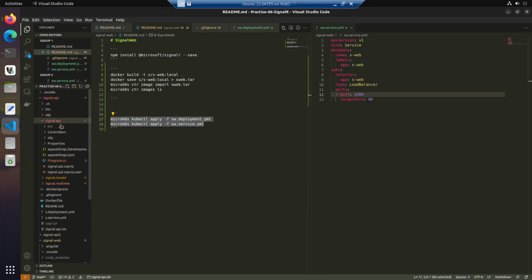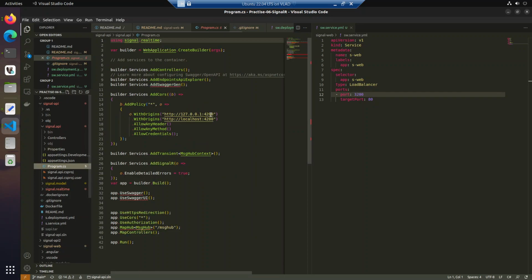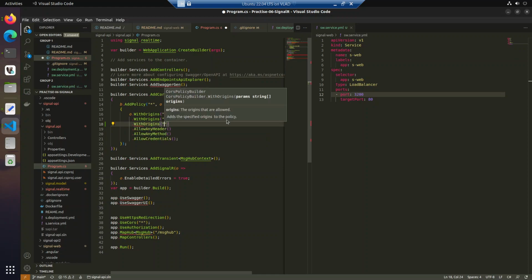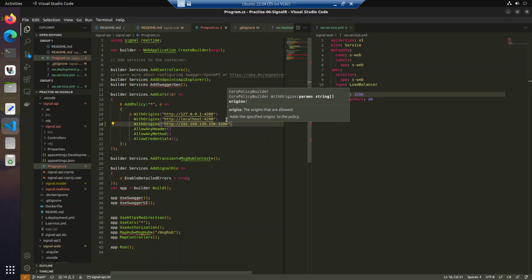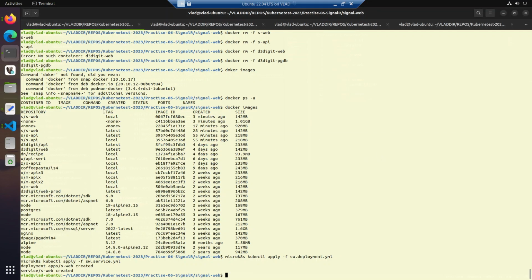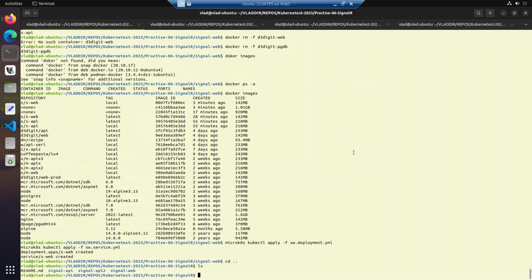We have this. Now we want to rebuild our API because our API only allows certain origins. So let's set the origins here like that. We need to allow that. And then we can also set the service here, I think. But for now, let's rebuild our SignalR API,